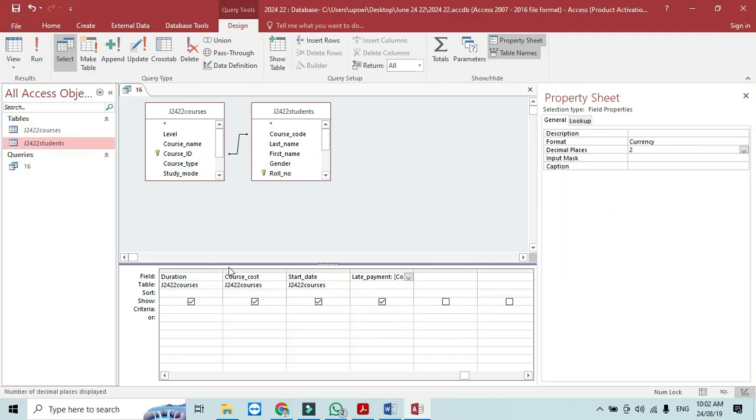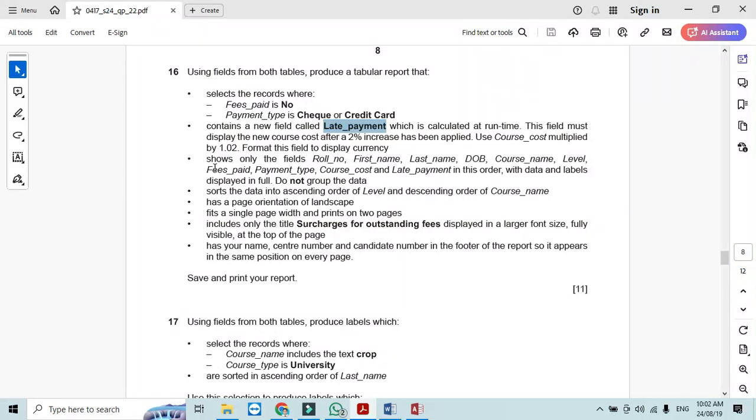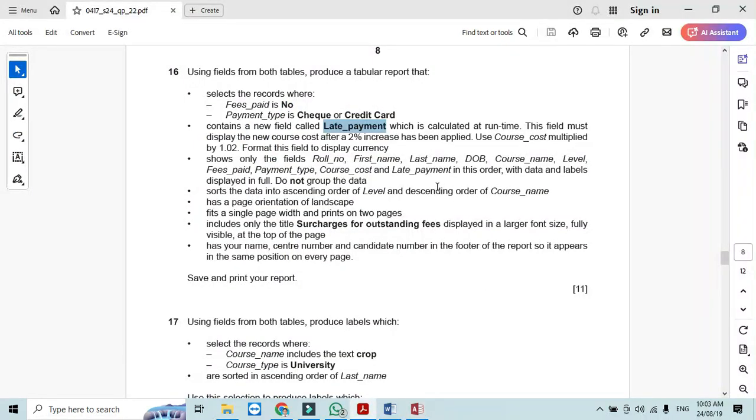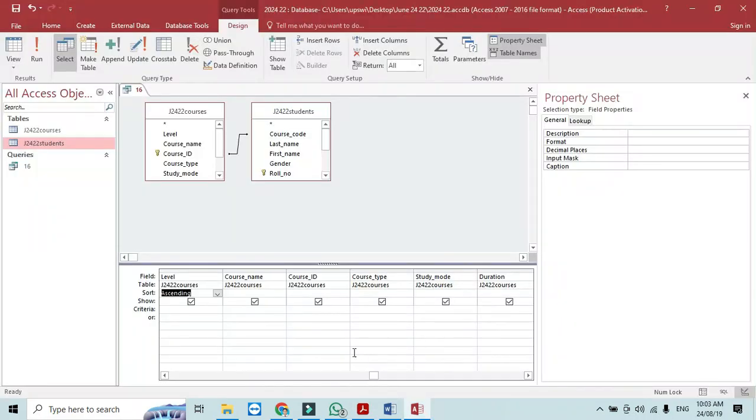This is done. Now what we need to do is show only the fields roll number, first name, last name, and so on. And we need to sort the data into ascending order of level. Let's find here ascending order of level, and then we should look for descending order of course name. Okay, this is done. Save,